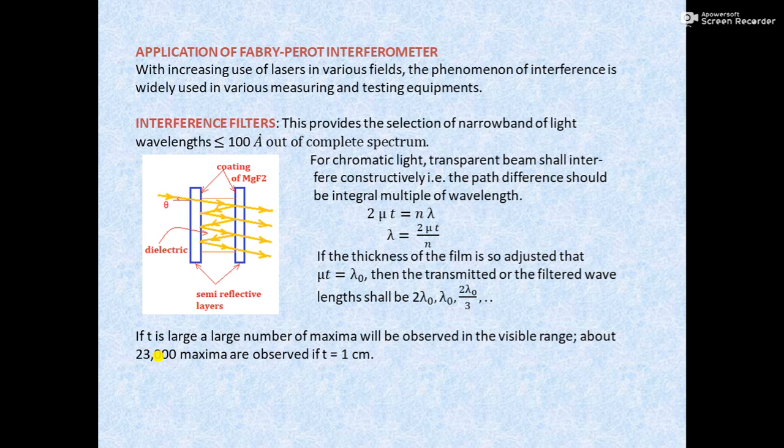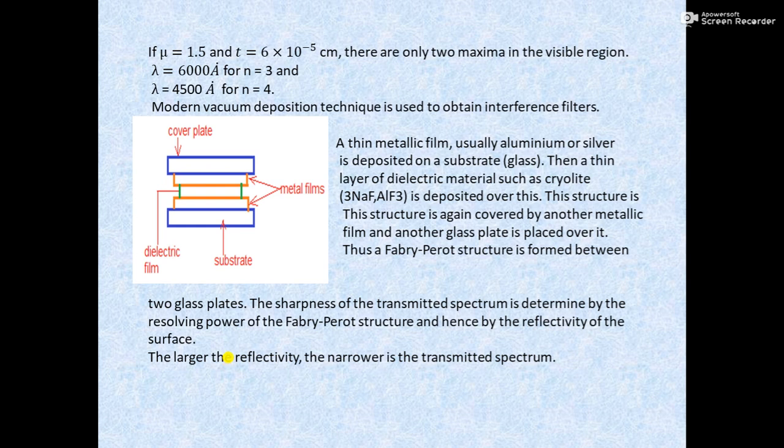If t is large, a large number of maxima will be observed in the visible region. About 23,000 maxima are observed if t is equal to 1 centimeter. But if we go on reducing t, we reach a situation in which only 1 or 2 maxima are obtained in the visible region. If we take μ = 1.5 and the thickness equal to 6 × 10⁻⁵ centimeter, there are two maxima,